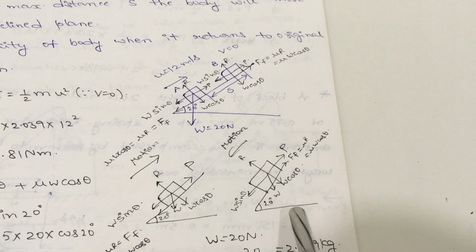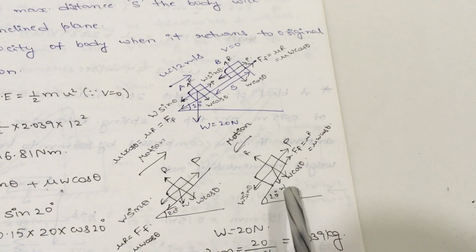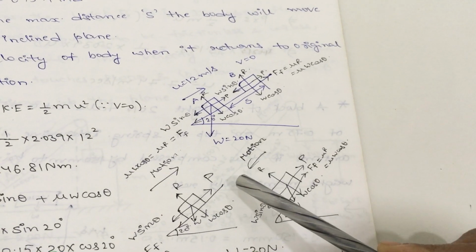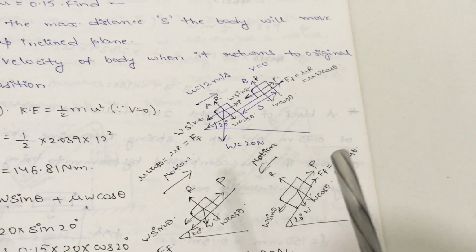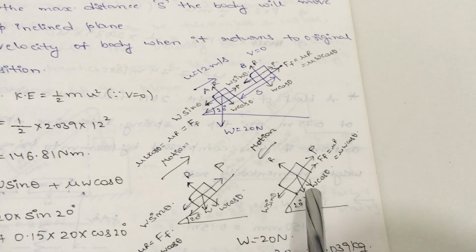So now see this free body diagram. Again for this downward condition motion, we need to draw the free body diagram. Now in this free body diagram, motion is in the downward direction. So you will get the frictional resistance force in the upward direction. That is the only difference in the free body diagram for the first bit and for the second bit.